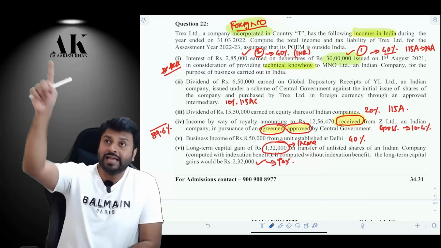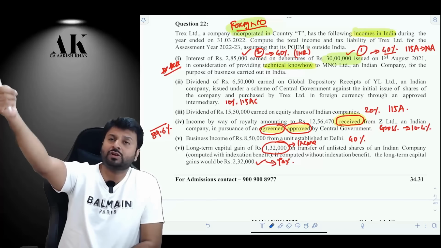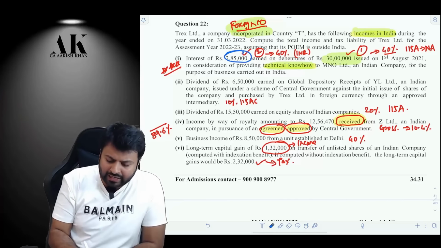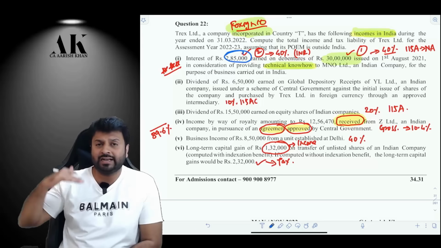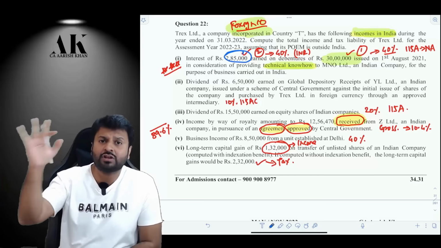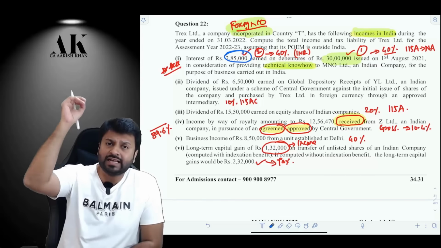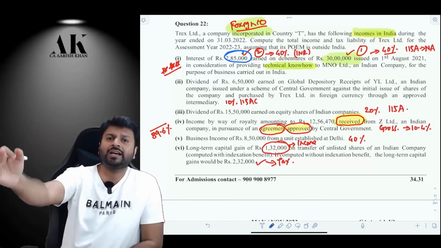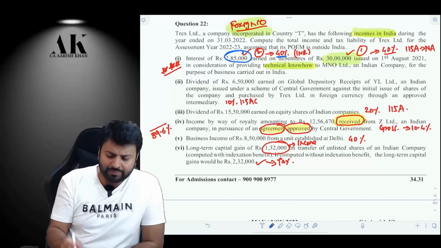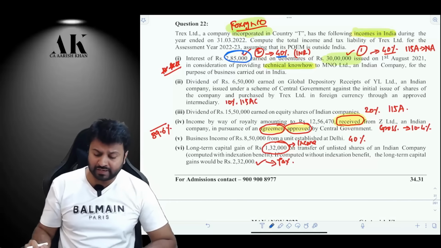Okay. Now, that debenture which is given to the foreign company is also earning interest. That is 2,85,000 rupees. That will be subject to what tax rate? Will that be covered in 115A? That interest also cannot be covered in 115A, because again that loan is not in foreign currency, it is in Indian currency. That will also be taxable at what? 40%. So this first point is a very intelligent point.